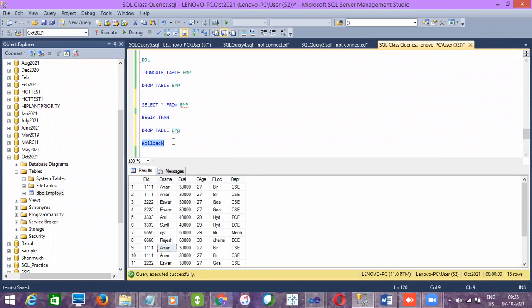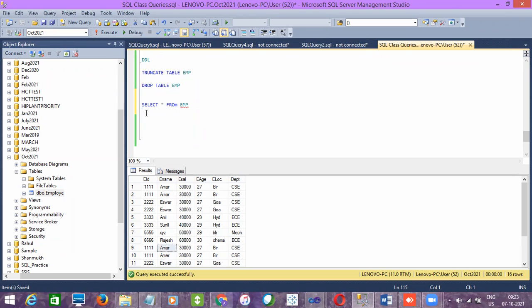So if they ask you the differences between delete and truncate, you can say that we can roll back for both delete and truncate. Some theory says that if you do truncate, we cannot roll back the data, but in reality, we can roll back the data. Clear? That is also one more difference you can say.